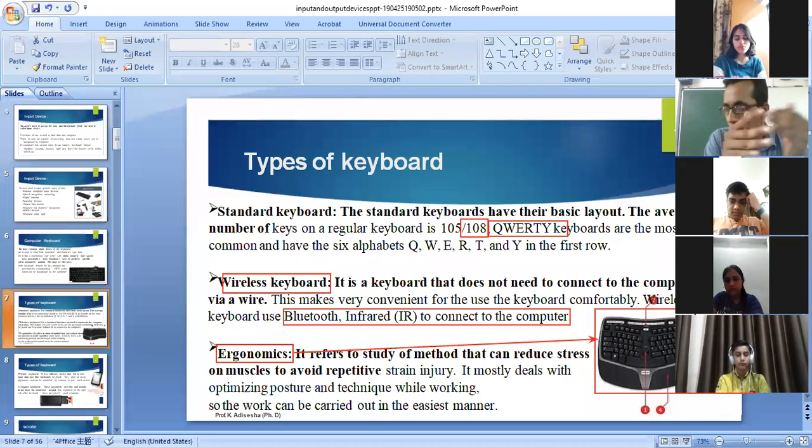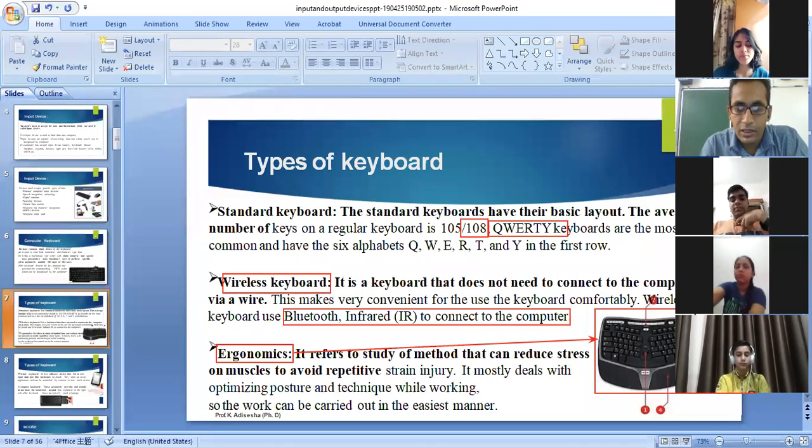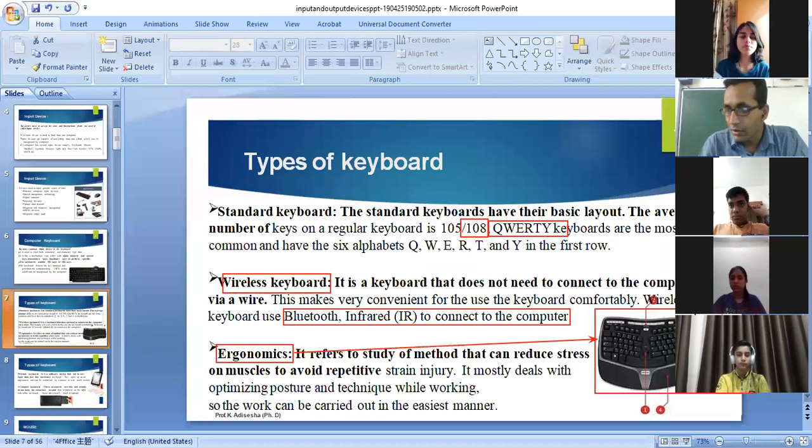Somebody is asking why the keyboard does not have ABCD in sequence. Actually, it's a well researched concept. Throughout the English vocabulary, the most frequently used letters are placed according to the distance from your hand. The more is the distance, the less is the frequency. The less is the distance, the more is the frequency. Like A, S, D, F, these are the keys we use more frequently. That's why these keys are in the middle row so that you can use them more frequently.